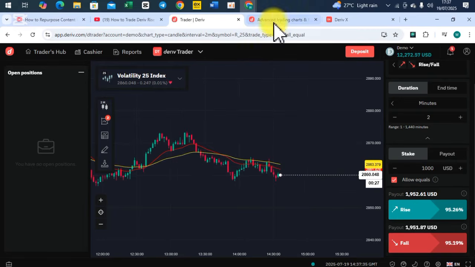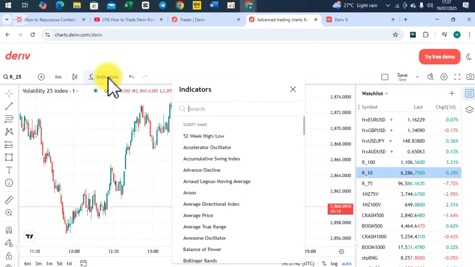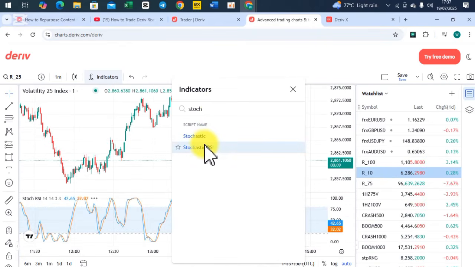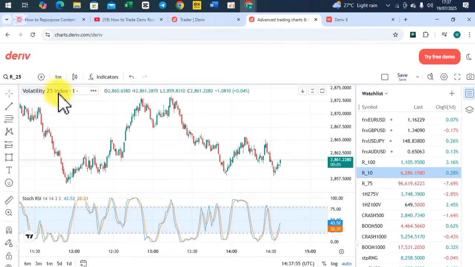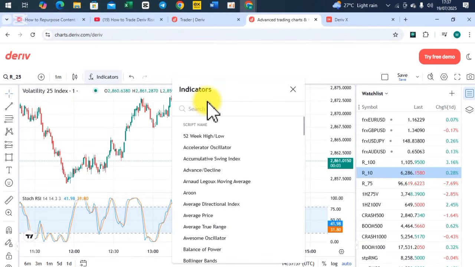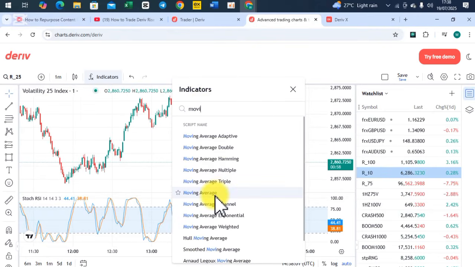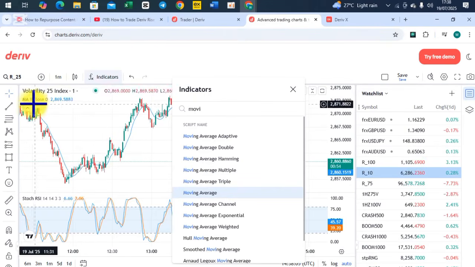And if you go to TradingView, for example, to use indicators, you come here, you click on FX indicators, and you can search for any indicator of your choice. For example, let me click on stochastic RSI. Let me include this one. If you have ever heard of this one, then I can add another one of moving average. Moving average, it is here. So you can even look at the settings of these